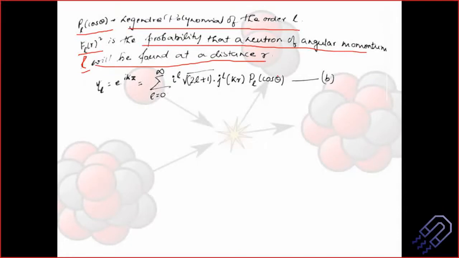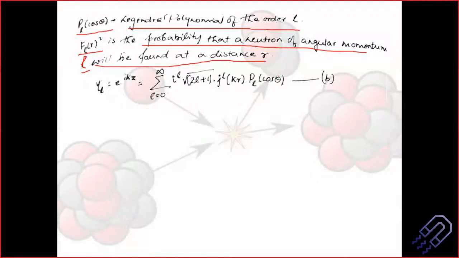So the thing is, if there is a wave function, let's say FL(r), and we take a square of that, okay, it says that the neutron of angular momentum L will be found at a distance r. So if it's a scattering experiment and if there is no neutron, that means we don't have that factor, okay. But then if there is a neutron, the probability that the neutron would be there is given by |FL(r)|^2. Okay, so you can just write down this sentence for understanding. I have explained it to you.